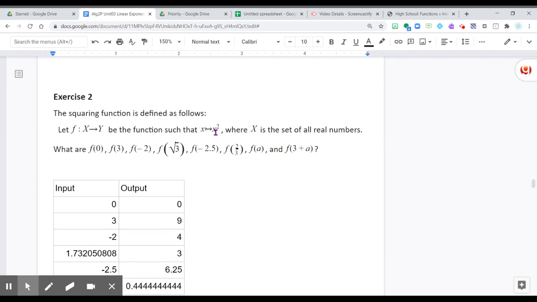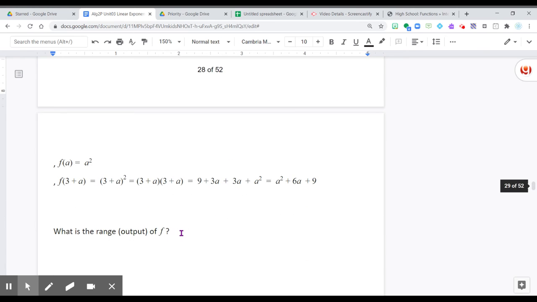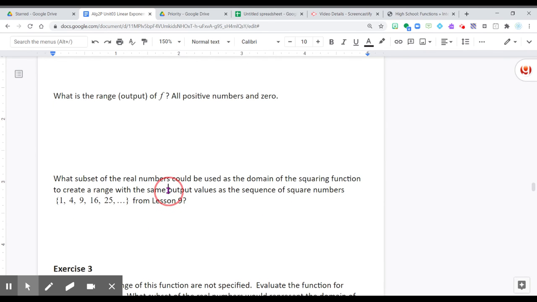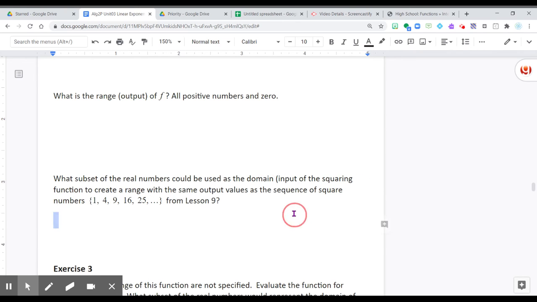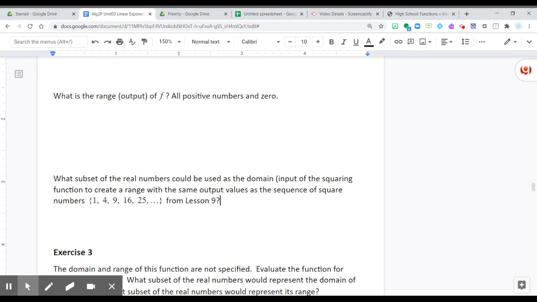The output of f is exactly what we're looking at. If I think about the output of f, whatever I put in to be squared will always have a positive answer. So the output of f is all positive numbers and 0. When I want to think about the subset of the real numbers that could be used as a domain, or the input, of the squaring function,